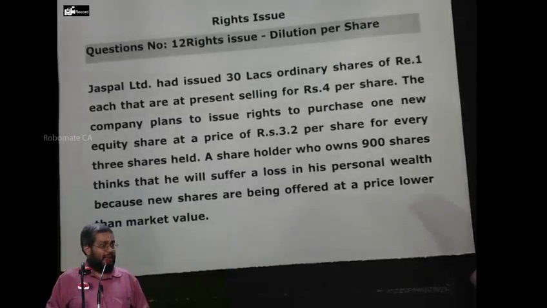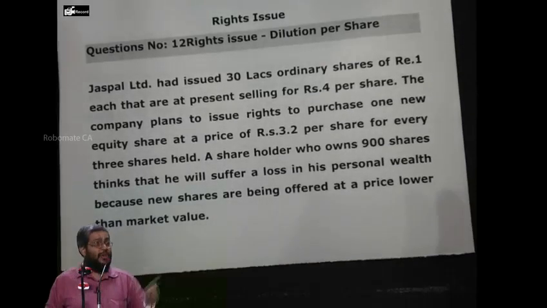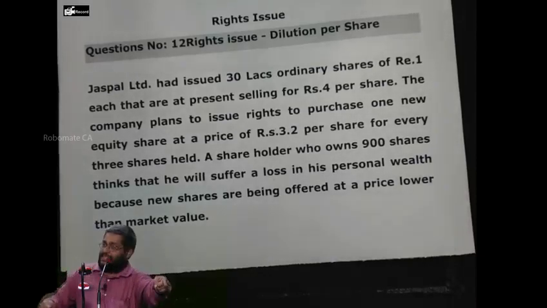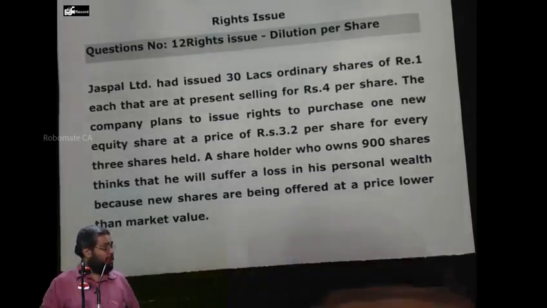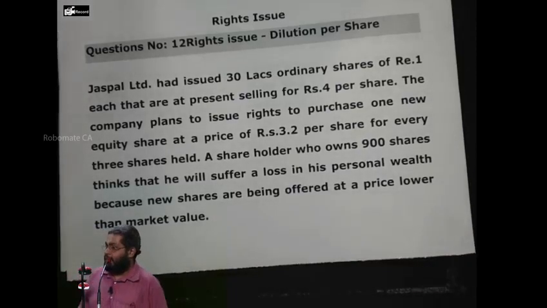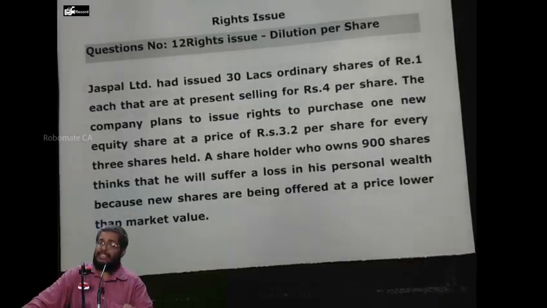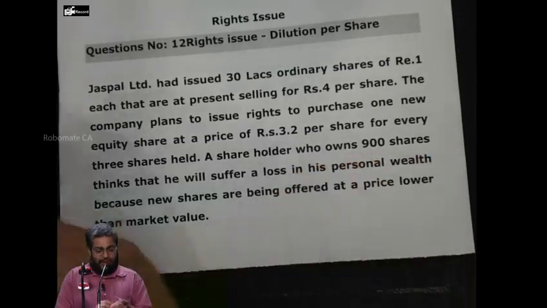When the rights issue takes place, every shareholder may not have the ability to buy the company share. They may want to, or may not. In that case, I give you the right to purchase the company share. That right you can exercise and purchase my share, or the right can be given to some other person who can use it to buy the company share. In that case, if I give the right to some other person, I have to charge some money for the right given. What is the value of that right is the discussion that is going to be made in this area called rights issue. Everybody following or not? Beyond that, we will be discussing through question number 1.